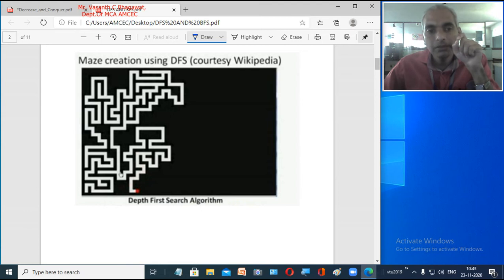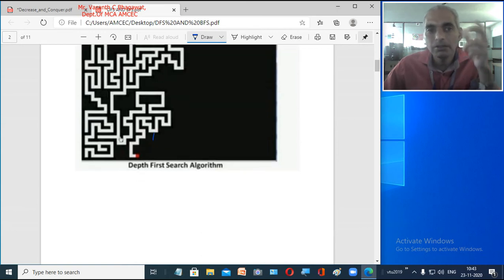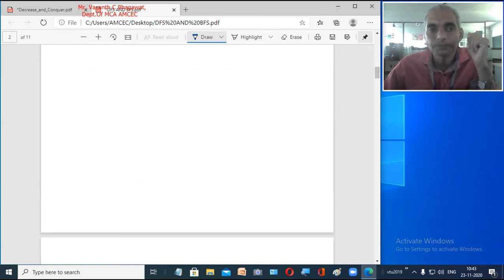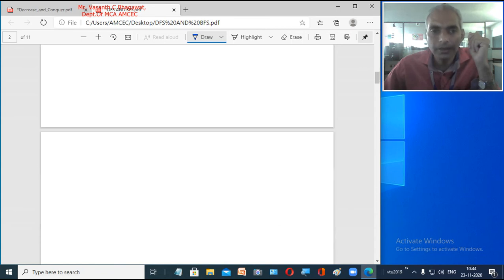From this location, you can see it keeps on traversing the graph. We don't know what the graph is. Here we have taken a simple graph so that we can understand, but in many practical examples, nothing is there. It is empty, we cannot see. What it does is keep on moving in some direction, and whenever it hits a dead end, it backtracks and keeps on moving. Ultimately this particular maze can be created, so we can create a maze by using this DFS algorithm.